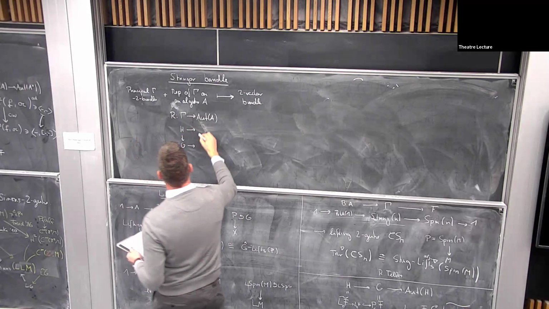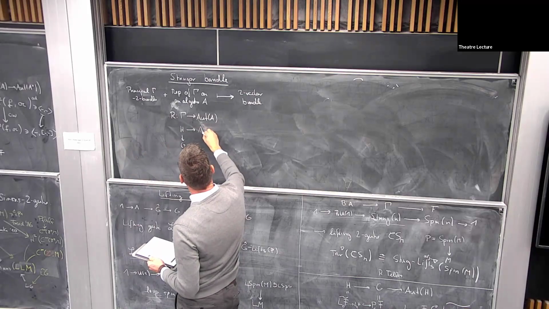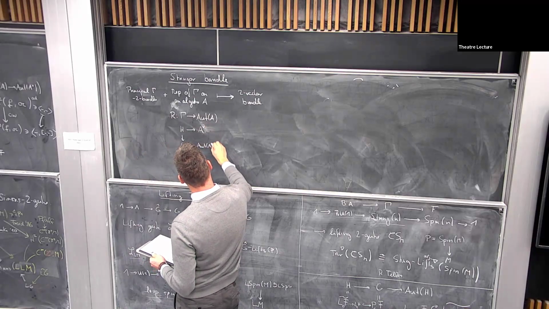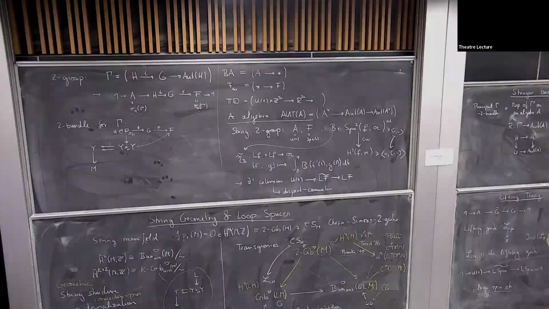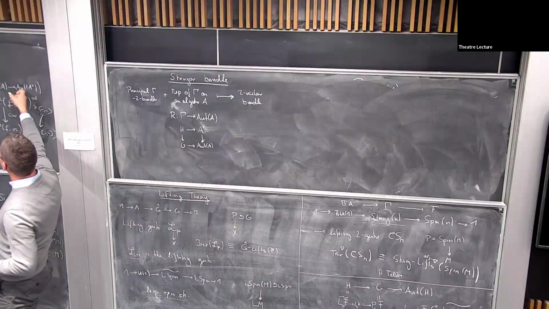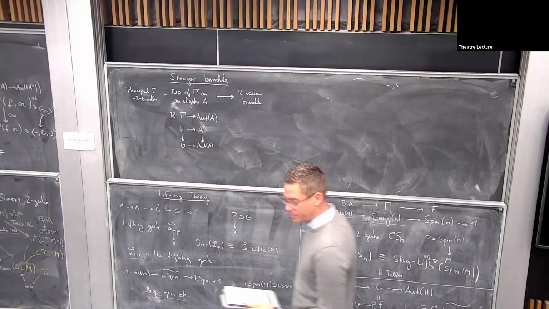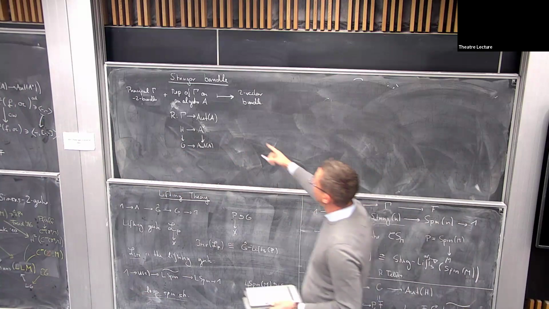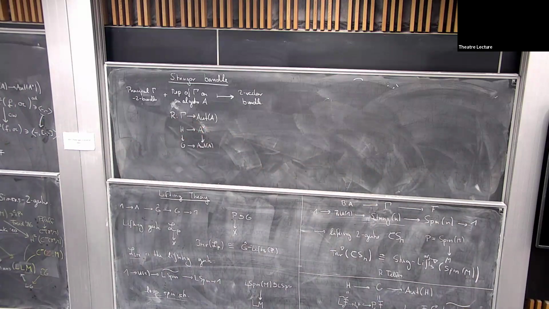It just means a diagram in the obvious way. So H has to go to the units, G has to go to the automorphisms, and the diagram has to commute, and the actions have to be respected. So that's a representation. So if I have such a thing, and the two bundle in that sense here,